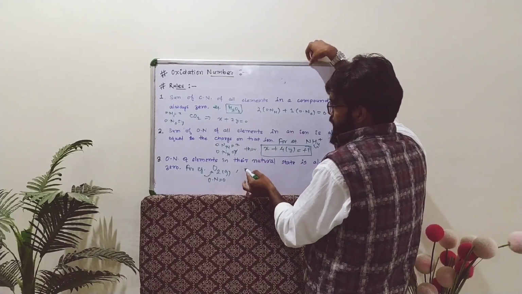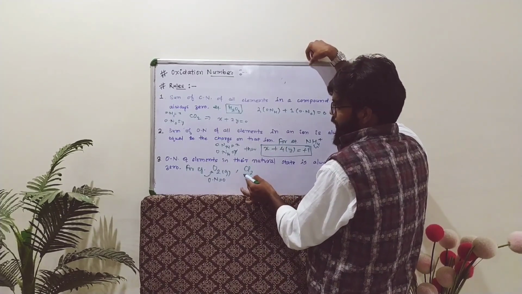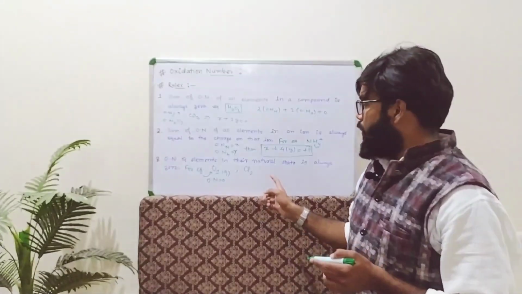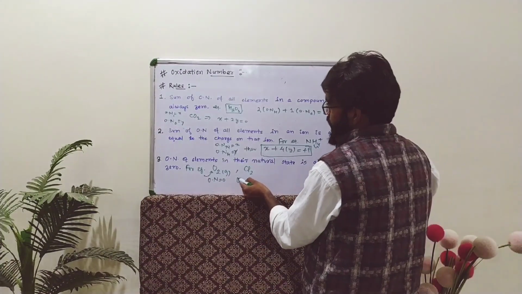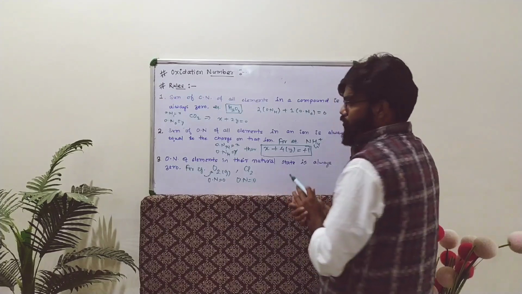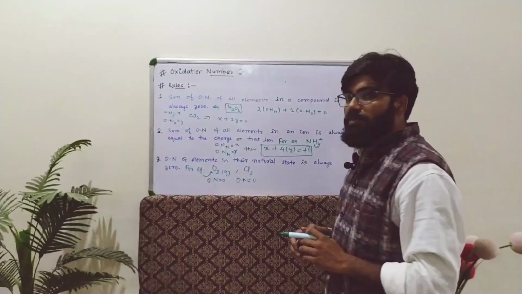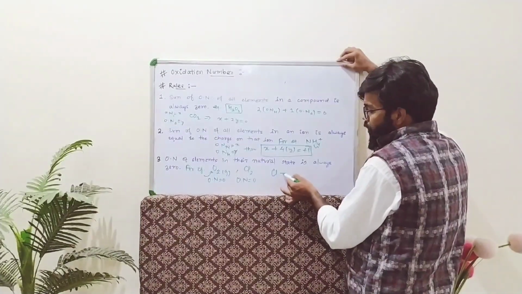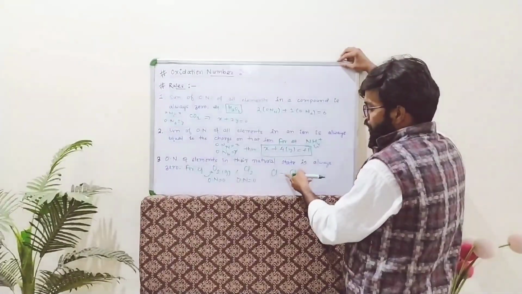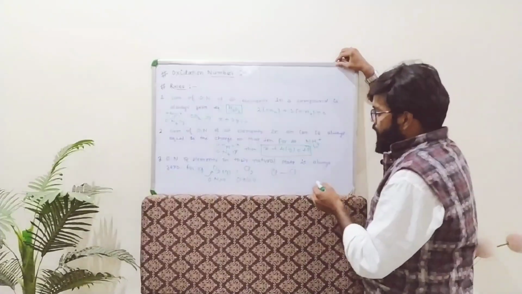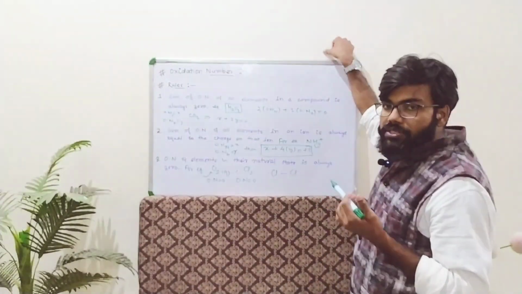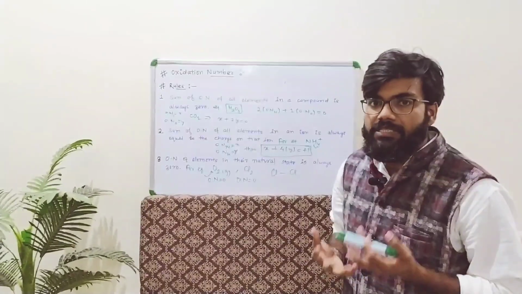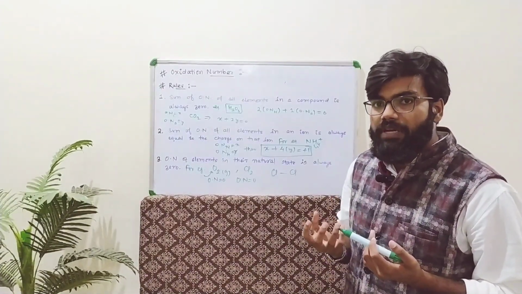Similarly, let us take another example. Suppose Cl2 is given. Chlorine exists in diatomic form naturally, so it will have oxidation number equal to 0, and I can tell you the reason behind it. Chlorine is bonded like this with one covalent bond. I told you oxidation number is nothing but the charge present over any atom. And what does charge mean? Charge is the gain or loss of electron.